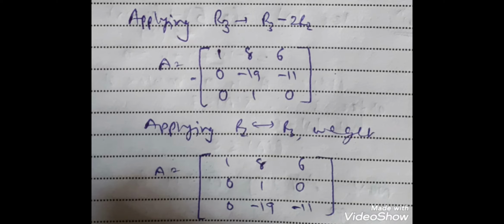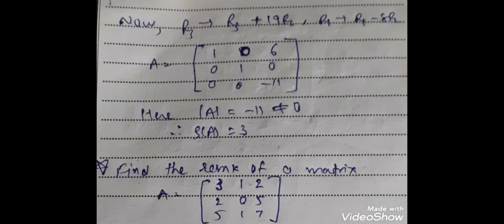Now we apply these operations and change. So you can see the change. According to that, we multiply the elements of the second row by 19 and add into the third row, then we get 0, 0 and -11, which are the elements of the third row. It means all the entries of the third row are not equal to 0. Similarly, if we multiply all the elements of the second row by -8 and add into the first row, then we get the elements of the first row which are 1, 0 and 6, because the other two entries of the second row are 0, so there is no change in the first and third entry of the first row.